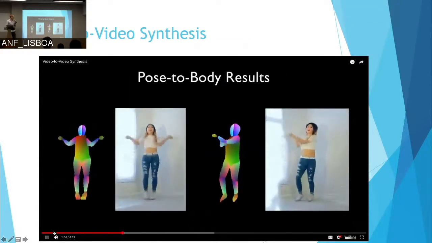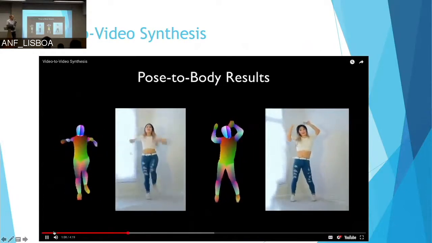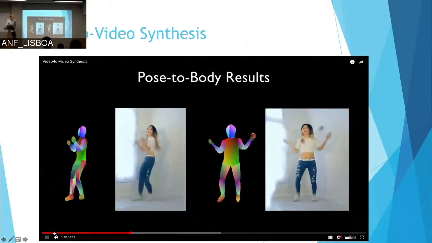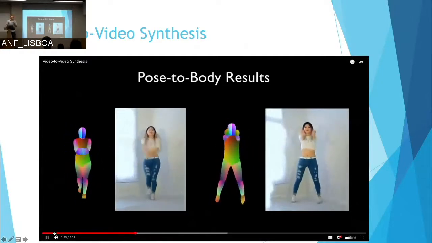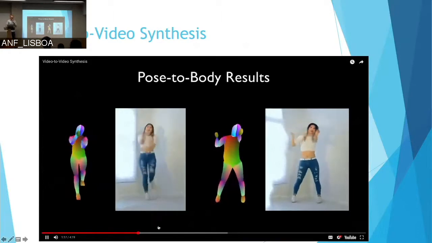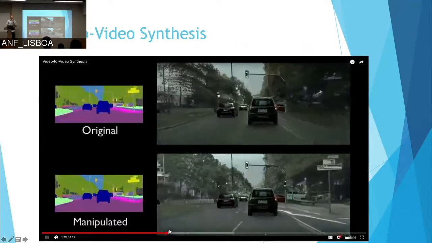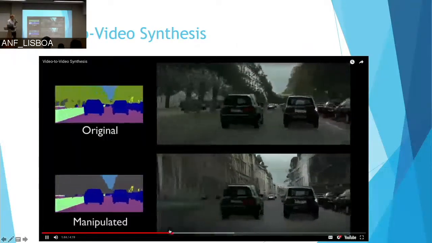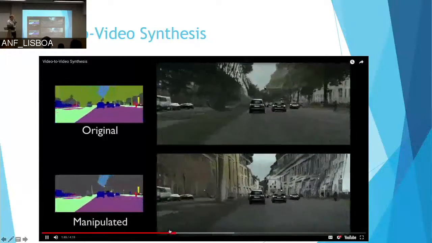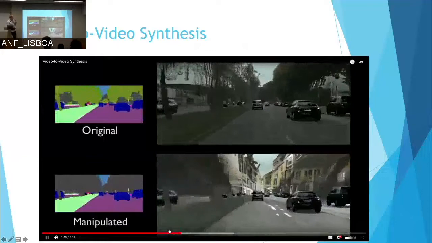And also apply it to dancing. This is the synthetic output, and this is the input, the animation. There are all sorts of cool applications there. There's an example here where they changed the classes. They've changed the trees to buildings by changing the color of that to that. So the label of the trees becomes the building label.